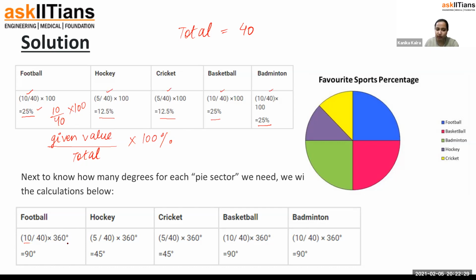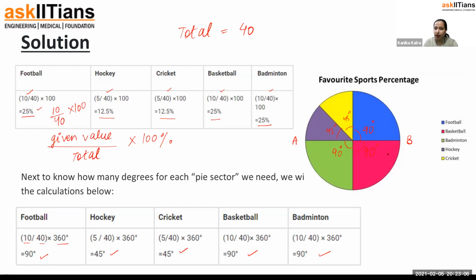So this would be 10 over 40 into 360, you get 90 degrees. 5 over 40 into 360 would be 45 and so on. So you can calculate the angles for all the sectors. Now, using a protractor, you can draw these angles, taking any reference line. Suppose I'm taking AB as the reference line segment, and you can easily draw the angles with the help of a protractor. So this would be 90 degrees, then this would be 45 degrees, 45 degrees, 90 degrees, and 90